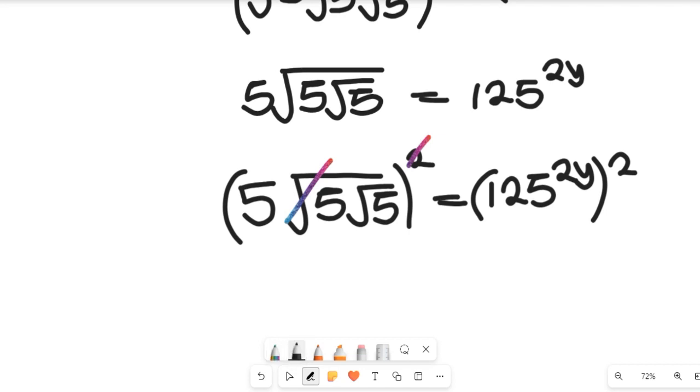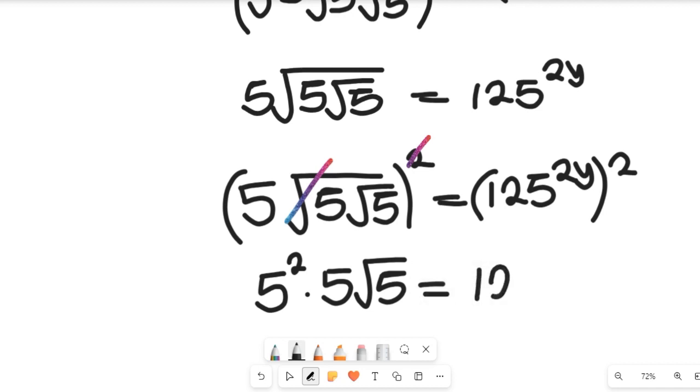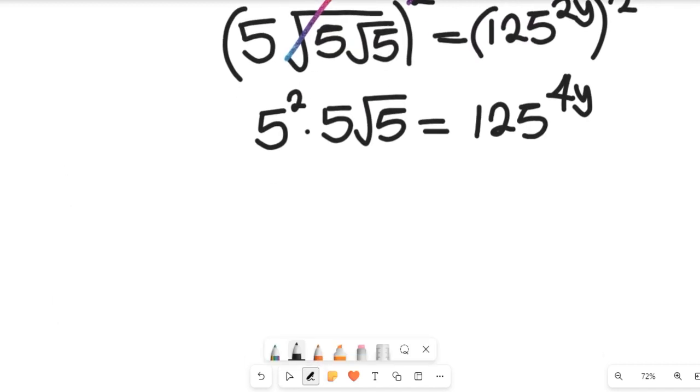And remember, this 5 is going to carry a square because it is on its own and has no square root, and this will be 5 multiplied by 5, and this will be equal to 125 to the power of 4y. Great. Now you see that this has been simplified to just one square root. So this is going to give us 25 multiplied by 5 root 5. And this will be equal to